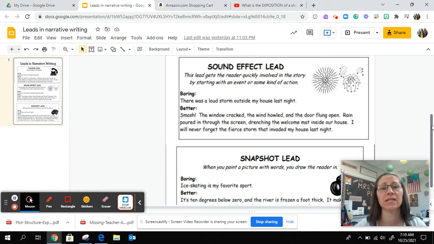Another lead strategy is a sound effect. So there was a loud storm outside my house last night. Kind of boring. It makes the reader have to think about what that might sound like or look like versus